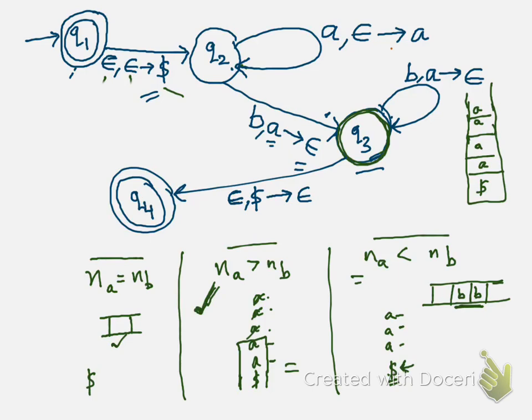Right? So I'll repeat it again. What we are doing is from Q1 to Q2, we just pushed a dollar on the stack. On Q2, whenever we saw an A in the input tape, we just pushed that A onto the stack. As soon as we saw a B on the input tape, we moved to Q3 while popping one A. On Q3, whenever I saw a B and my stack consisted of A, we kept popping that particular A. During this procedure, whenever all the A's were popped and the stack became empty, we moved to the final state.